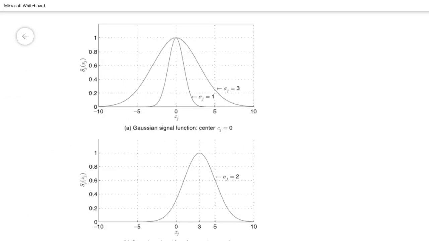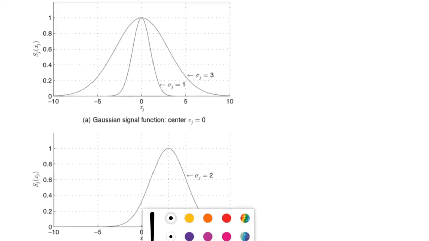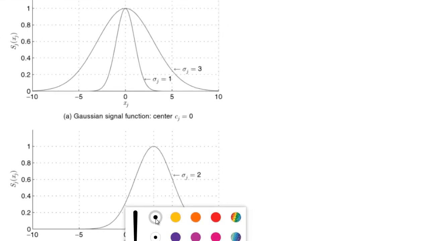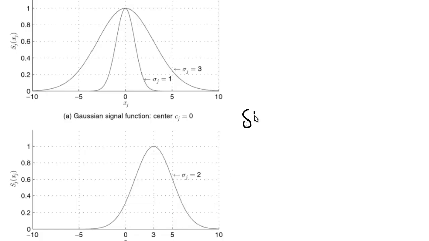Good afternoon, students. Welcome to the next video. In this video, I am going to cover the Gaussian signal function. The equation for the Gaussian signal function is given by, see here,